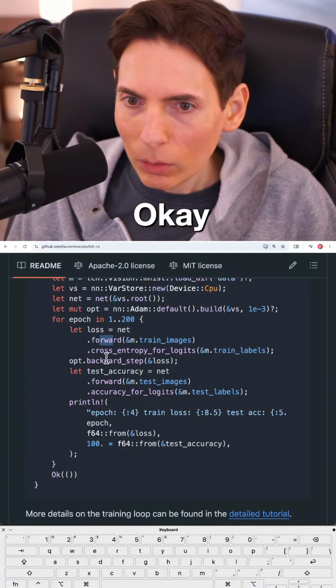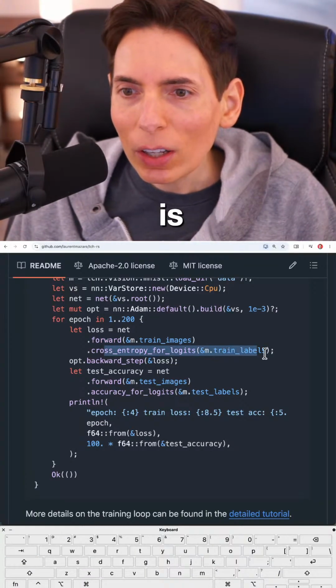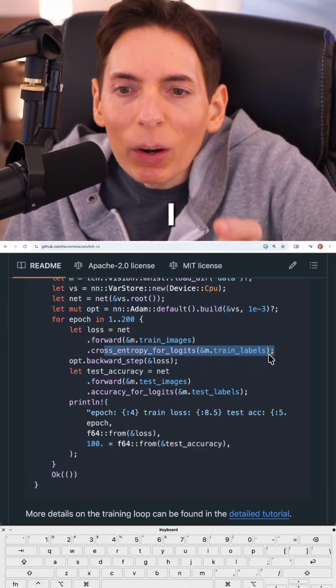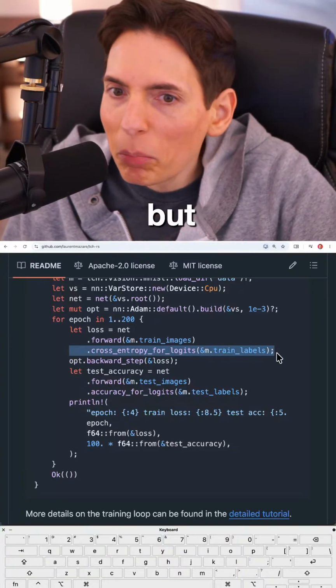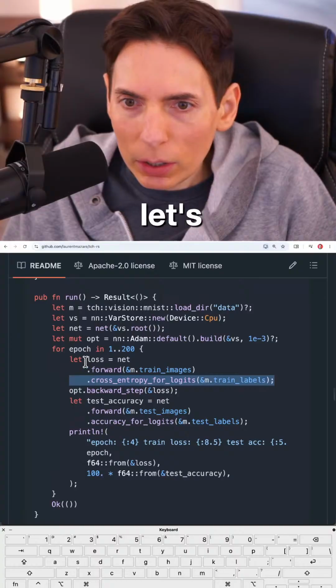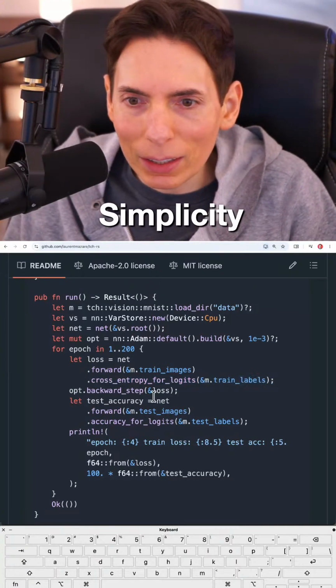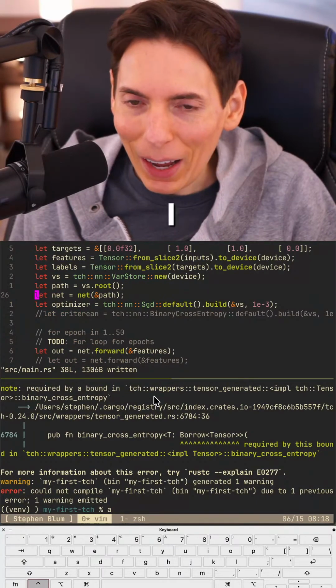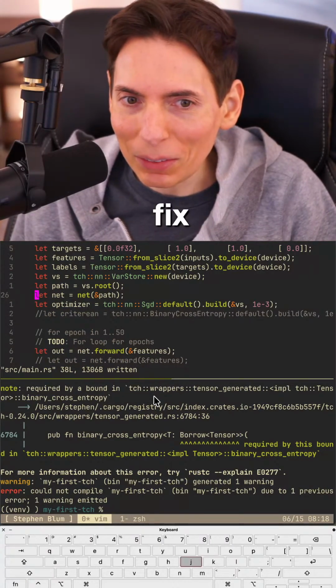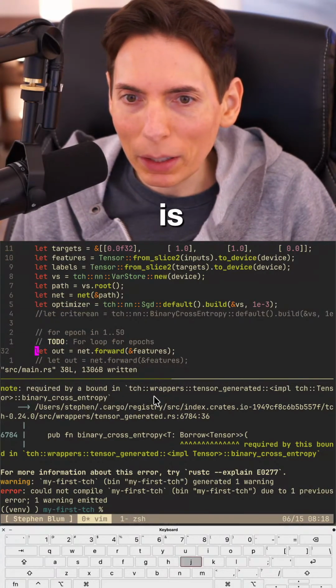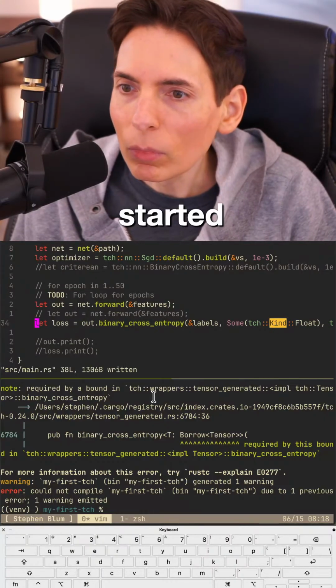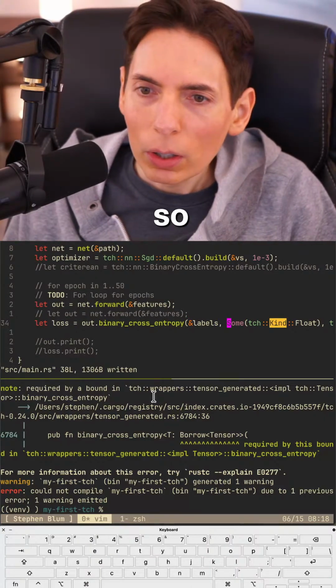Okay. Cross entropy. See, this is exactly what I want. I want this syntax right here, but it's not letting me. Let's see, loss net forward train images. All right, good start because of simplicity. Yeah, I think so too. I agree. Simplicity is a really good place to get started. All right, so I need